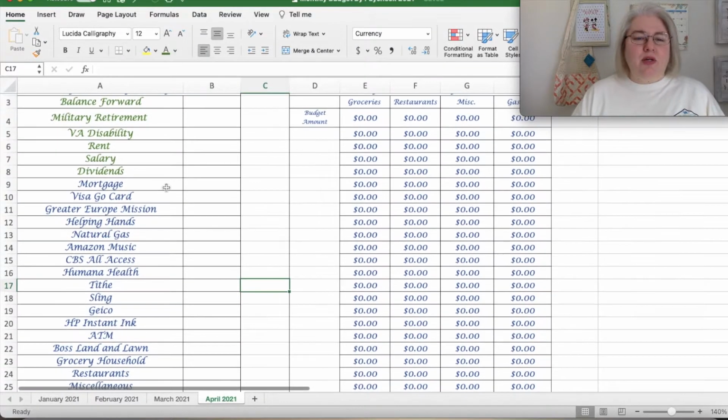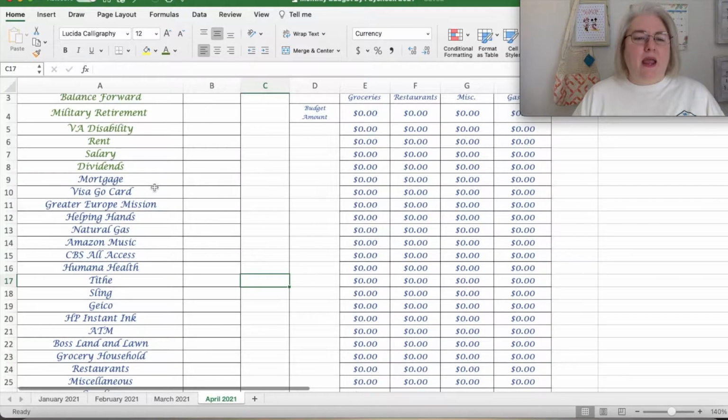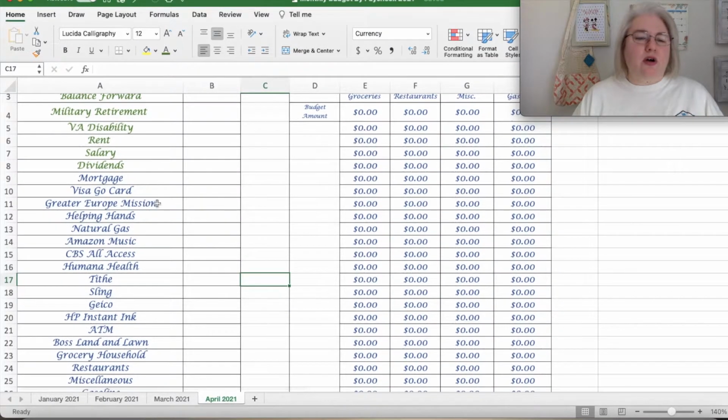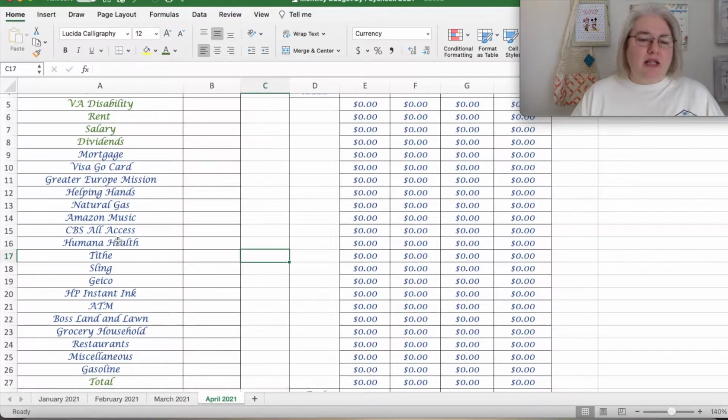Then I go into the bills. That's a separate color. And there's the mortgage all the way down here. I did add landscaping in. We have a new landscaping company. I did add this ATM. I did this before I had an ATM withdrawal before I did my budget. So I went ahead and put it in here, but I have some extra things and I'll show you in a minute